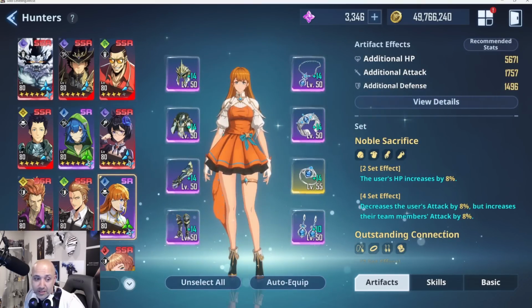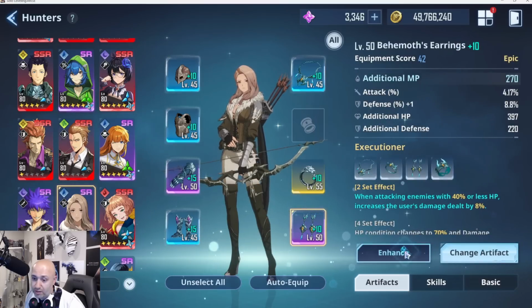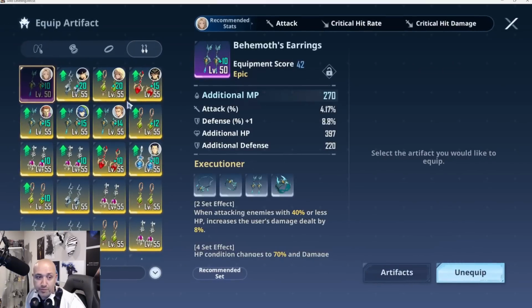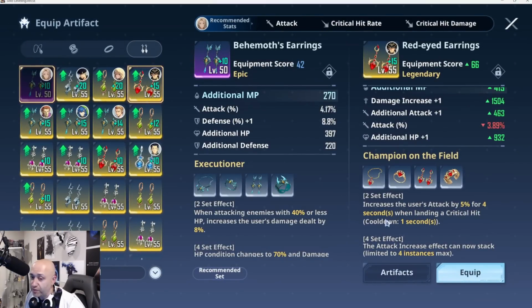All right, next one. Let's see, what else do we have here? Let's look at the artifacts. Oh, Champion on the Field. This is a good one. Increases the user's attack by 5% for 4 seconds when landing a critical hit. This is actually good over the Expert set, which is the one that I showed with Jinnu,